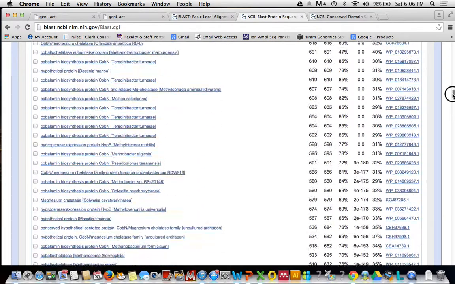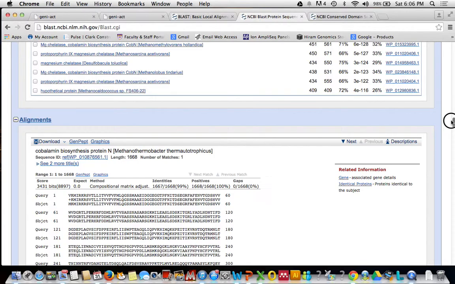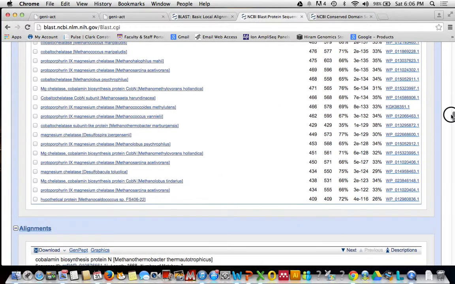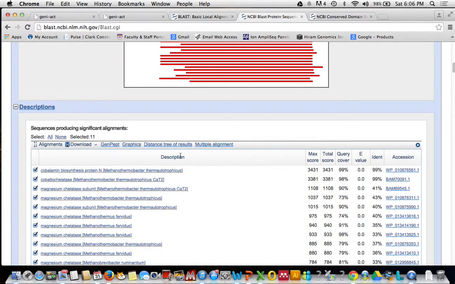Then you scroll down, and you download these sequences onto your desktop, right? So now you have 11 sequences